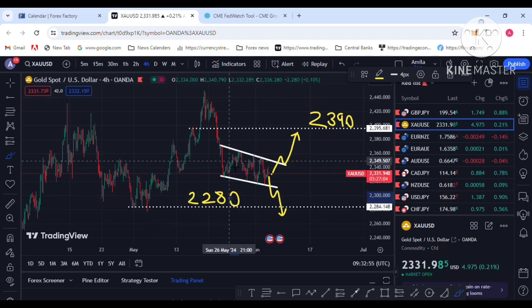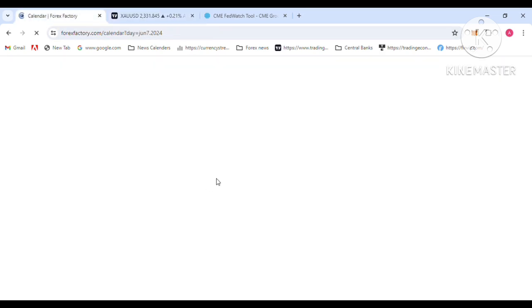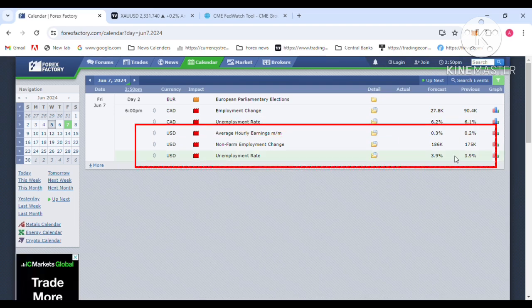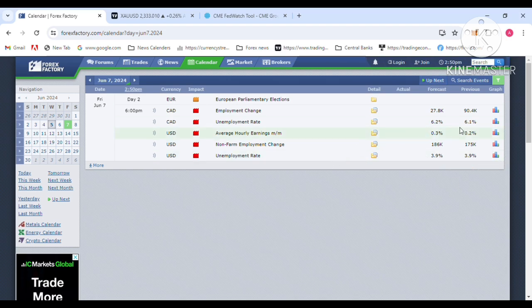So let's go to the non-farm employment change. What is going on next Friday is the NFP data. You can see the NFP non-farm employment change: 175k is the previous figure. The Fed, the American central bank, expects an increase to 185k. If the NFP data increases to 185 or above, about 200, like that. The unemployment rate is 3.9. And average hourly earnings is 0.2, with the forecast at 0.3. So if the actual is 0.3 or above,